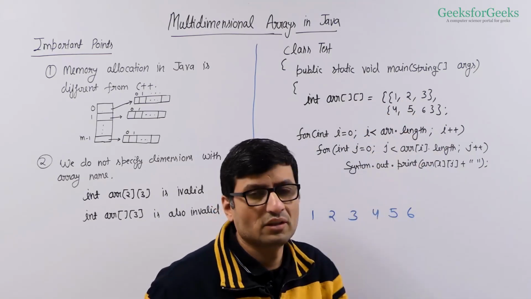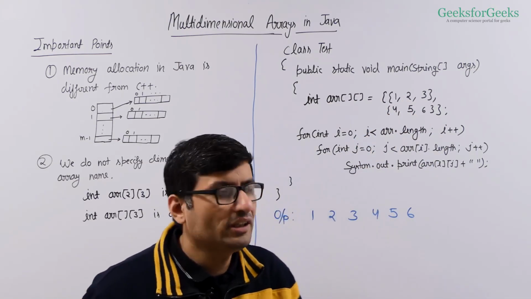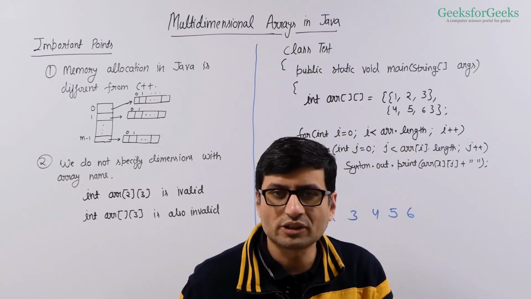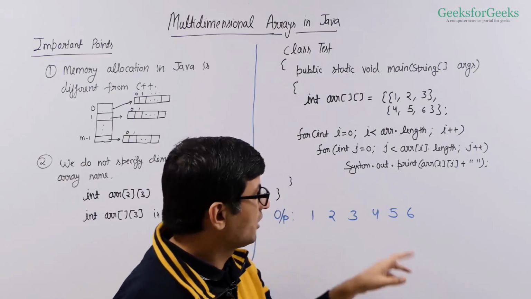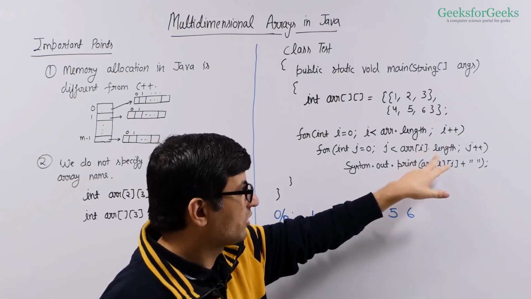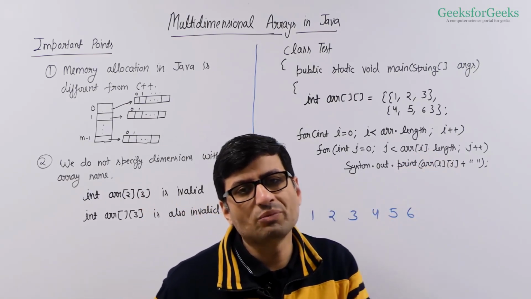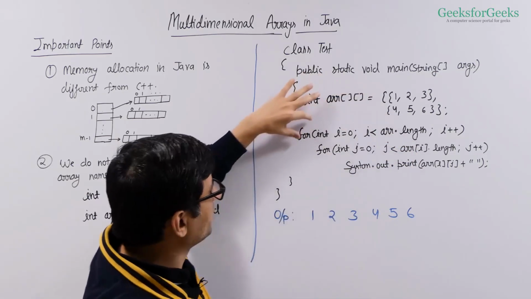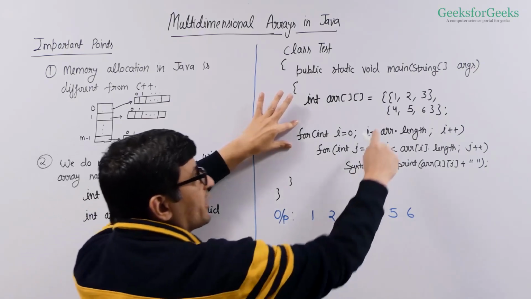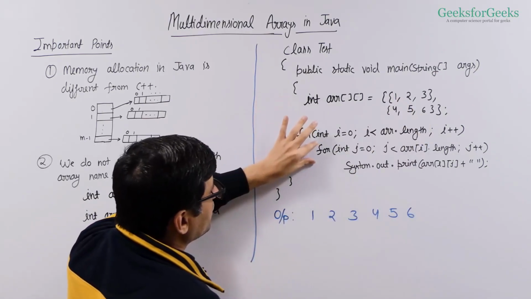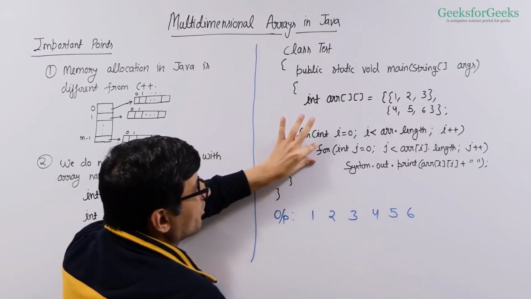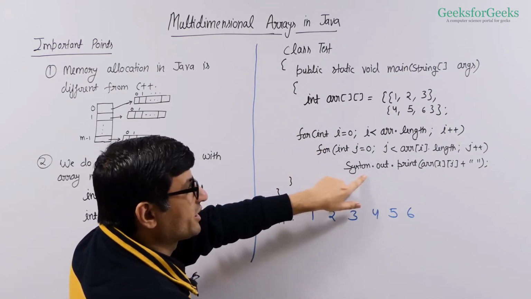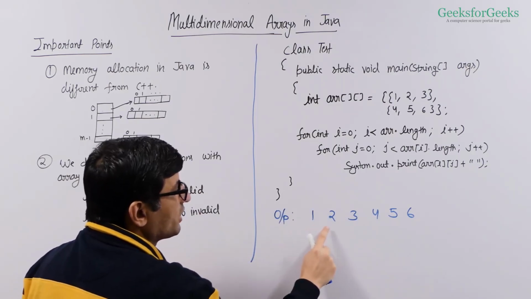5, 6. Now if we wish to traverse this array, we use arr.length to find how many rows this array has. Then we use arr[i].length to find how many columns individual rows have. So this loop is going to run 2 times because there are 2 rows, and this loop is going to run 3 times for every row because every row has 3 items. And inside this loop we have a print statement, so we are going to get the output as 1, 2, 3,